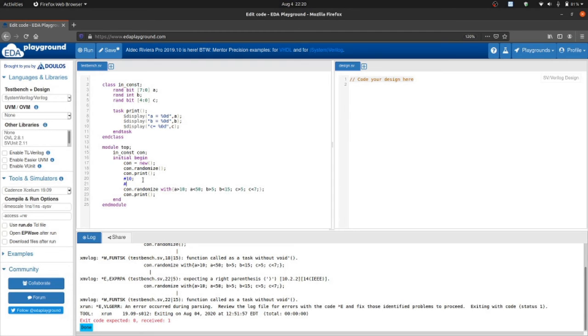So, $display "with constraints", right? Let's run it.